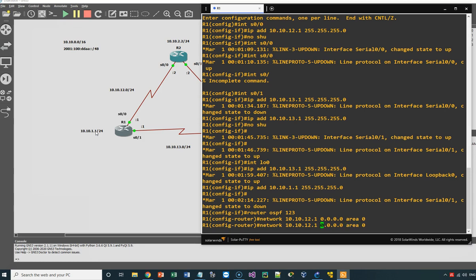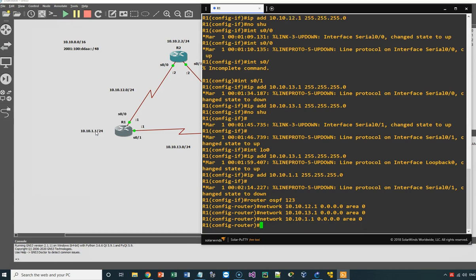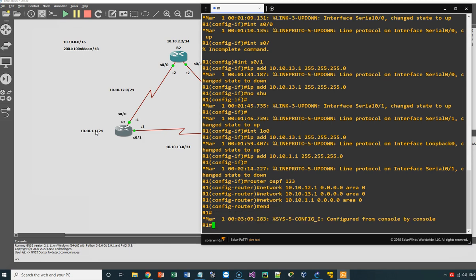Okay, for the second network, 13, and for the loopback network it will be like that. And to end the configuration,